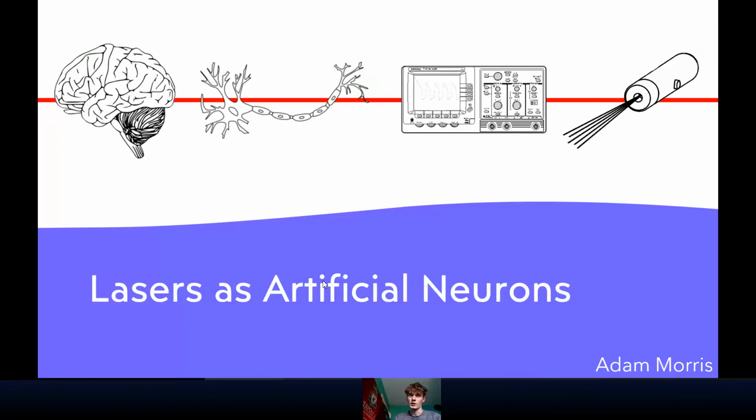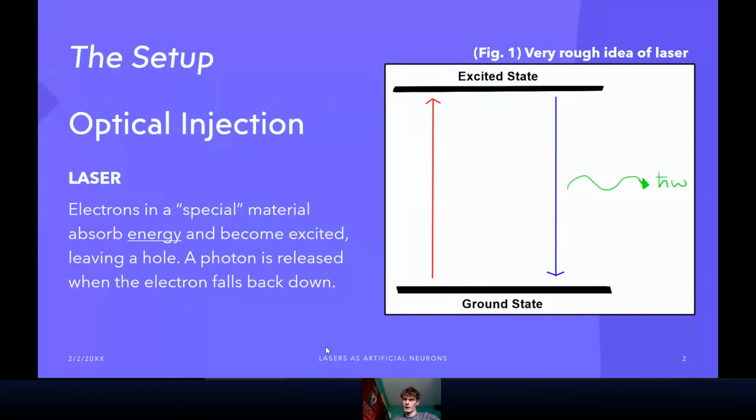We're going to fix those equations, see what's happening, and then show that what's happening is, qualitatively at least, the exact same as one of the most basic and widely employed models of neuron excitability, the FitzHugh-Nagumo model. Before we can get there, though, I want to bring everyone up to speed. So in case you don't know how a laser works,